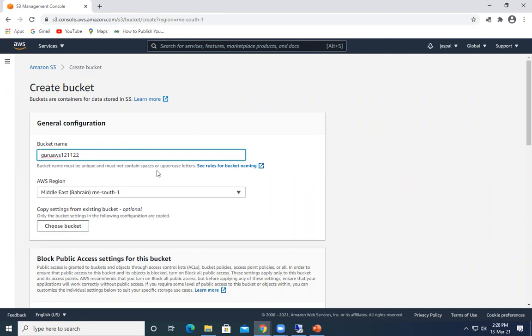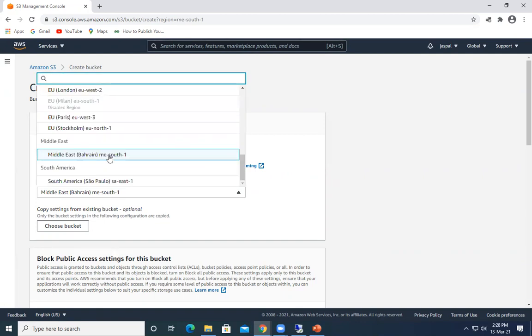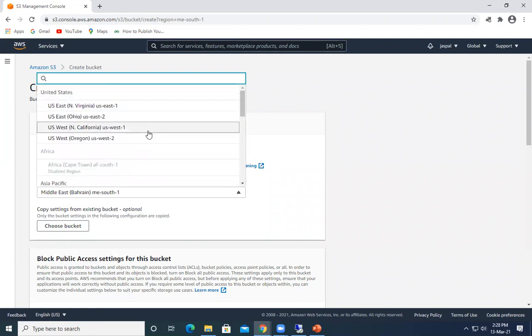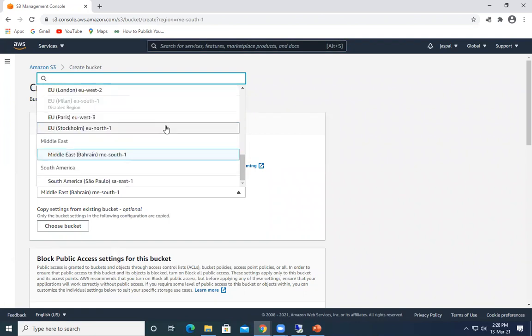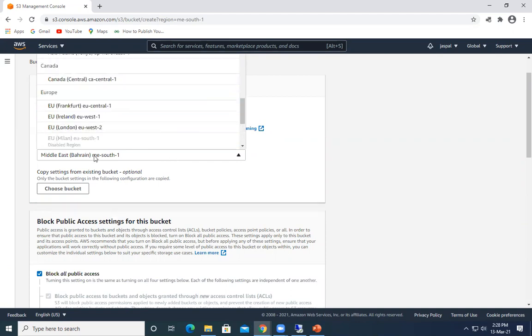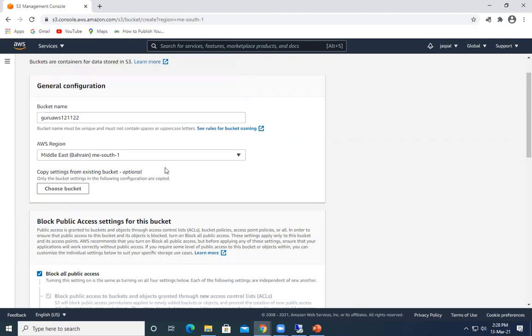That's my bucket name. Here you can see the AWS region. I'm choosing Middle East Bahrain because that is the closest region to me, as I'm based in Qatar. You can see there are different regions: Canada, Europe, Asia Pacific, United States, South America. I'm using Middle East Bahrain, me-south-1.